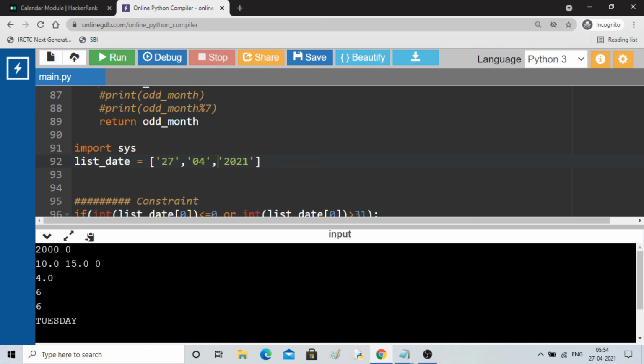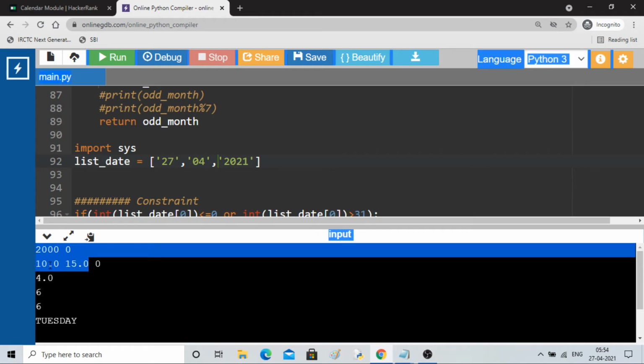So mid-year odd days is 0, right? So 2000, and you don't have to calculate the odd days of the mid year. You can see that 2000 is the closest year as well. So that is why this value is 0. This is the value of I actually.